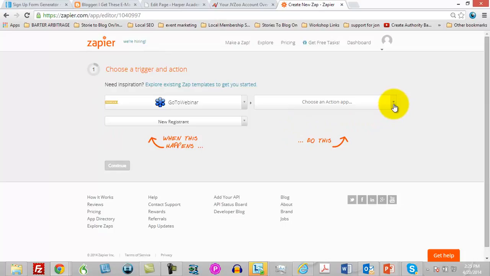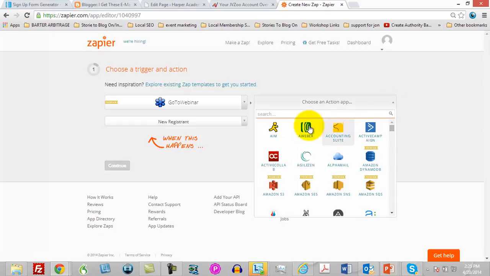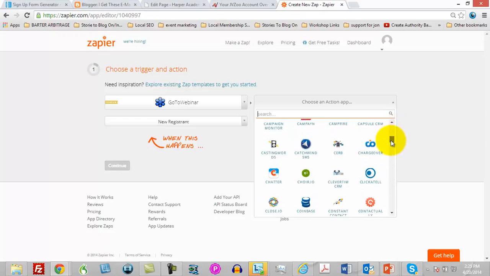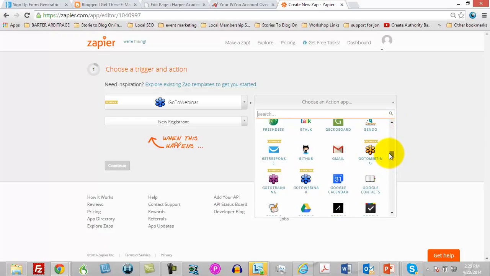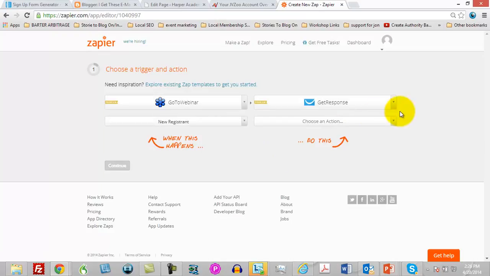So what we want to do is we want to choose the application that we want to affect. In this case, we're going to look for our autoresponder. We can look for Aweber in this particular case. We can also look for GetResponse. We can do either one of those, and we can choose GetResponse. And what we want to do then is we want to then create a new contact in GetResponse. So we can do these applications in order to do something,